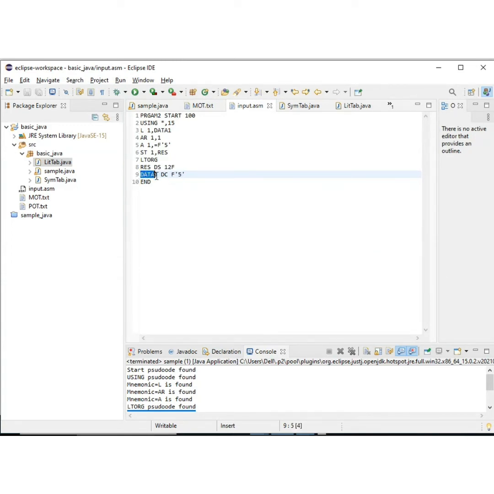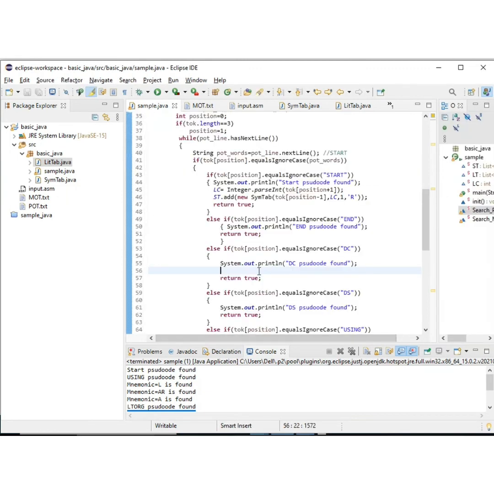So token of 0 में label है, token of 1 is your pseudocode, token of 2 is your actual operand value, and in this operand also you have to extract the field right from 0th index to first code जहाँ पे मिलेगा, जो भी factor है that you have to extract, and it is going to give you the length. F है तो 4 byte, H है तो 2 byte, like that. Okay. So accordingly, if you compute here, you need to first extract that field. So for that purpose, you have to use